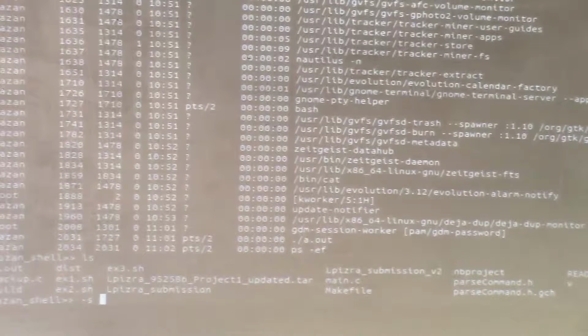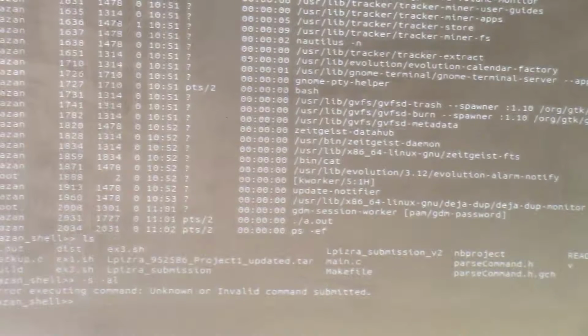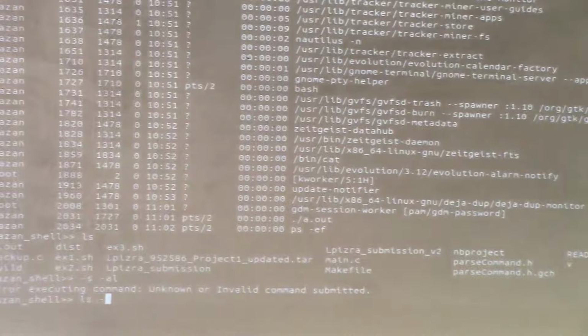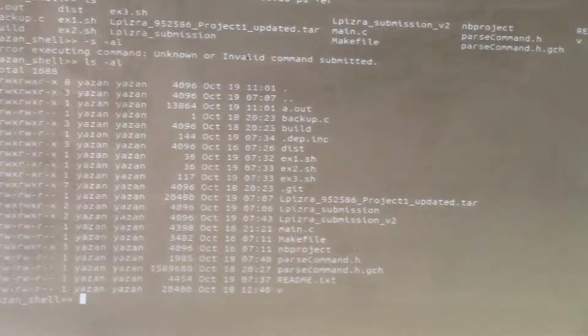Then ls obviously works. ls -fl. Oh shoot, sorry, ls -al. That works too. Can you, why don't you type ls